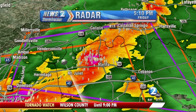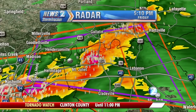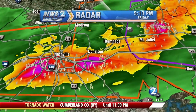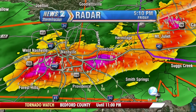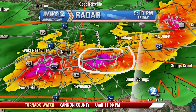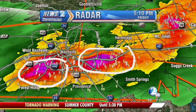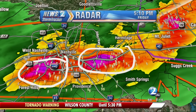I think, again, the warning for Hermitage, Hendersonville, Goodlettsville, Millersville, the threat in Madison is over, but south of Hermitage, around the Donelson area, we do have a severe thunderstorm warning, and you can see two spots of that are really intense at this time, just around the airport here on I-40, and a lot of folks on the roads right now. So this heavy rain and possible hail is certainly going to add insult to injury to the afternoon commute on a Friday. In fact, it looks like we're getting some reports of some small hail over the last 2 minutes